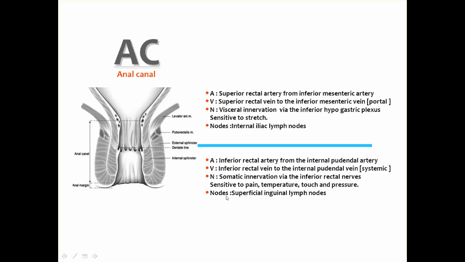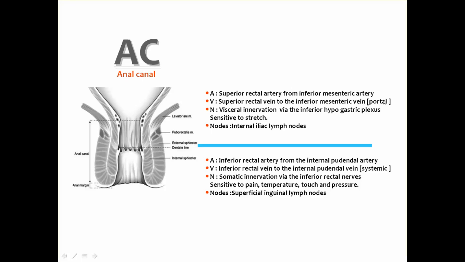And actually this information is not so important for the radiologist, but it's good to know these findings. The arterial supply for the upper part is from the superior rectal artery, which is a branch from the inferior mesenteric artery. And the venous drainage goes to the superior rectal vein, which goes to the inferior mesenteric vein, and